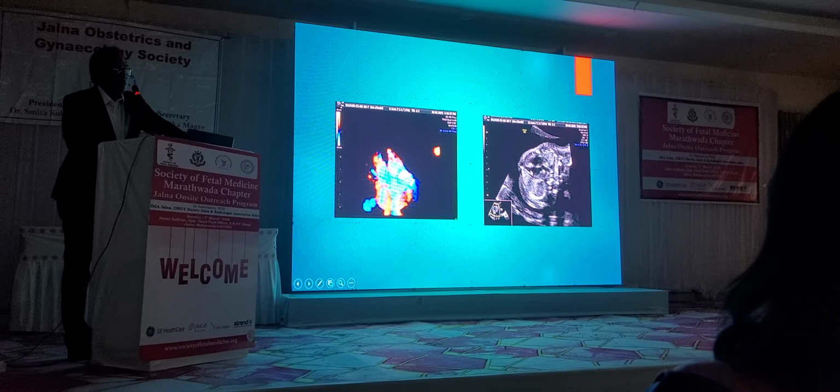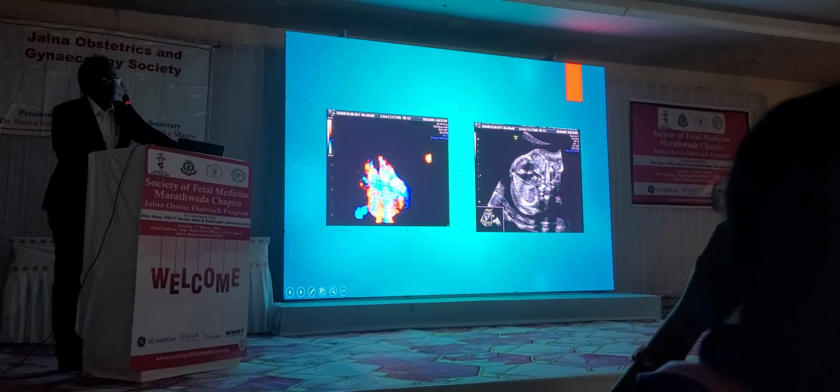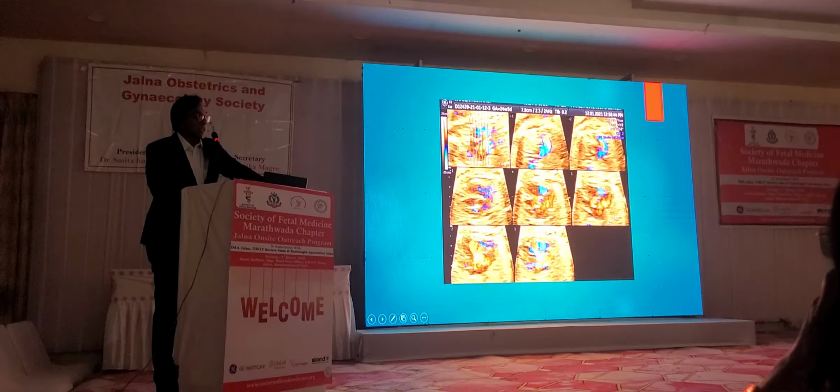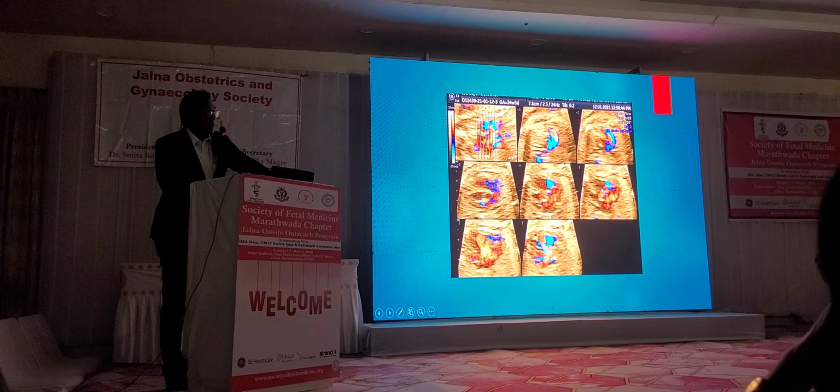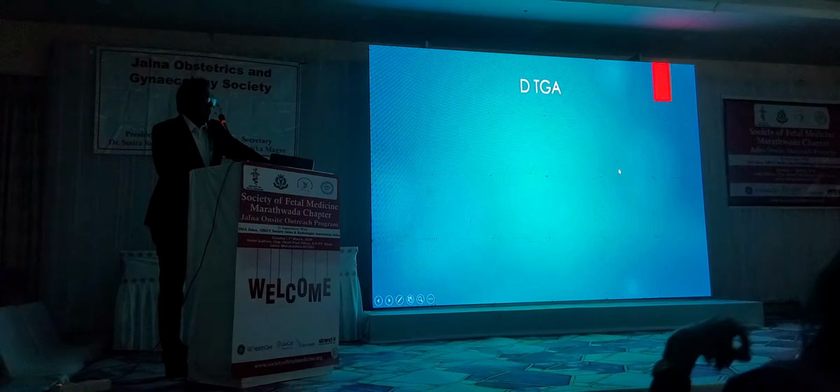Here you can see even our modest grayscale imaging can show you that a branching vessel is arising from the left ventricle. So that was the case of TGA. TUI you can use along with color also. You can see the parallel vessels here, these two sections. So that was TGA. As we go towards